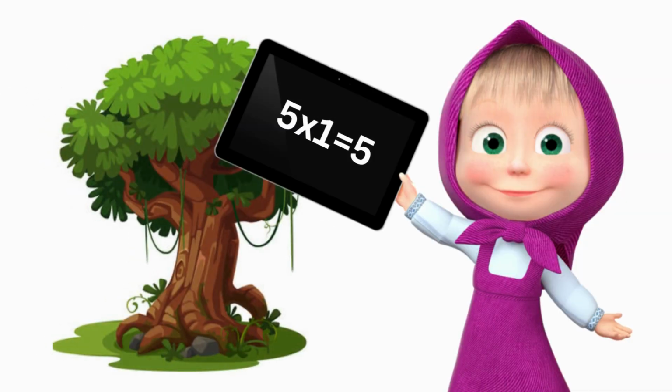5 ones are 5, 5 twos are 10, 5 threes are 15, 5 fours are 20, 5 fives are 25, 5 sixes are 30,